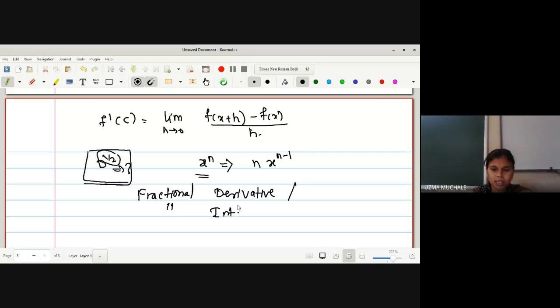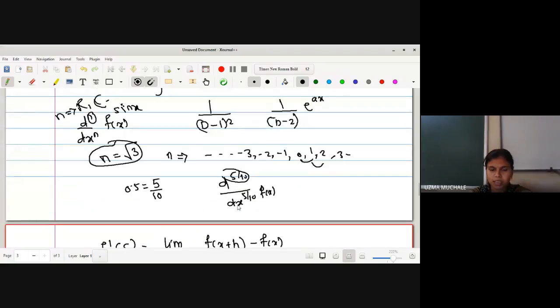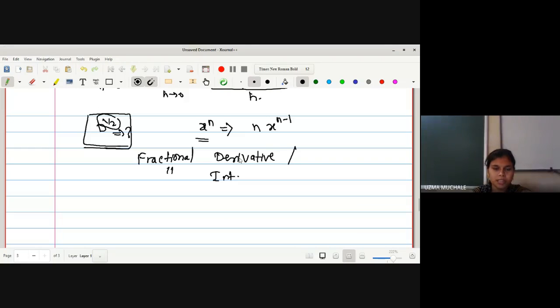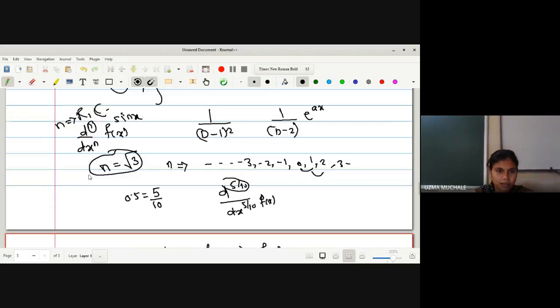That means it may be with negative numbers. यहाँ पे हमने डिस्कस किया था ना, ये निगेटिव रहा तो इंटीग्रेशन आएगा. अगर इन दोनों के बीच में कोई वैल्यू है तो वो निगेटिव, दैट मीन्स इट विल बी फ्रैक्शनल इंटीग्रेशन. ओके, एक्चुअली हमने जब वो इक्वेशन लिखा था, राइट, d raised to n by dx raised to n of f of x,